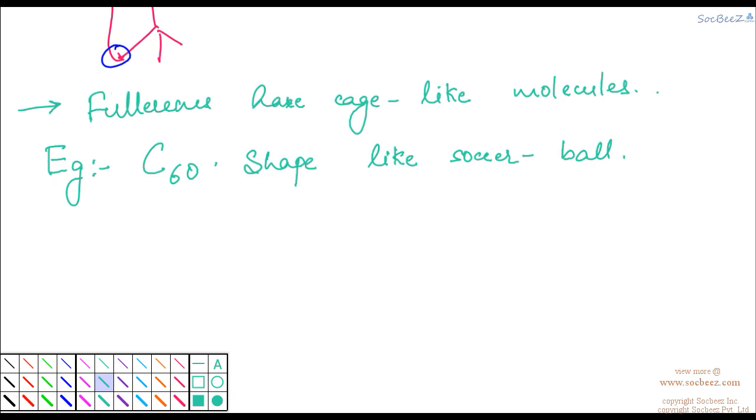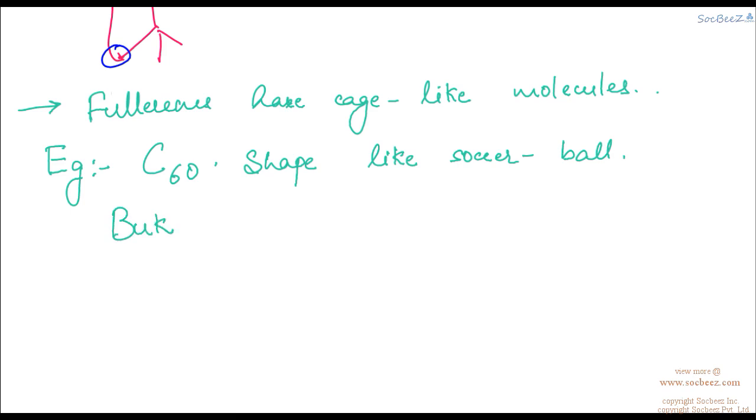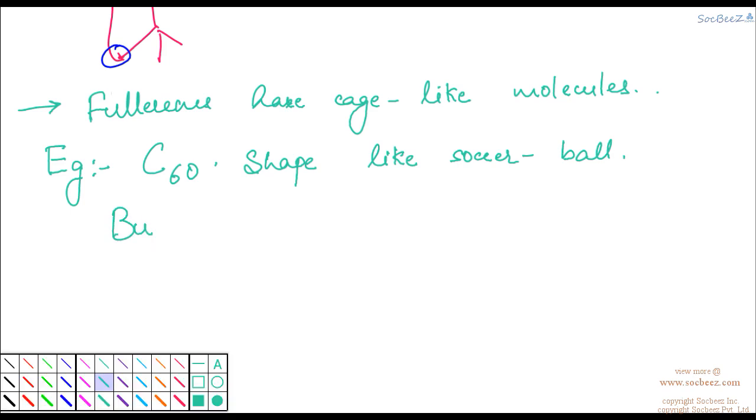Okay, enlarged. Now you see that there are no dangling bonds. You can consider the corners of every hexagon and pentagon as carbon. So you can see that it is complete in itself. There are no dangling bonds and no edges. Now let me write that it is called Buckminster fullerene.